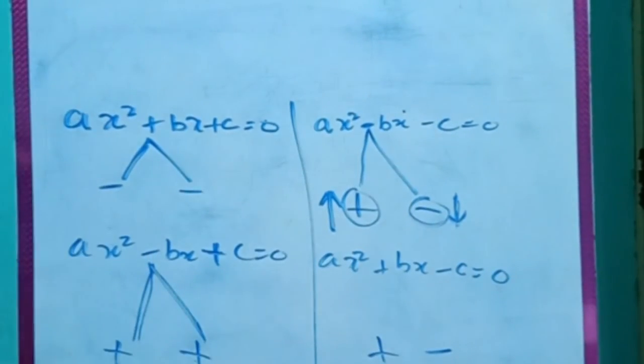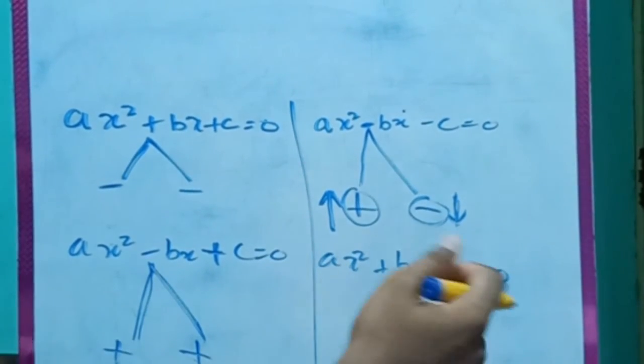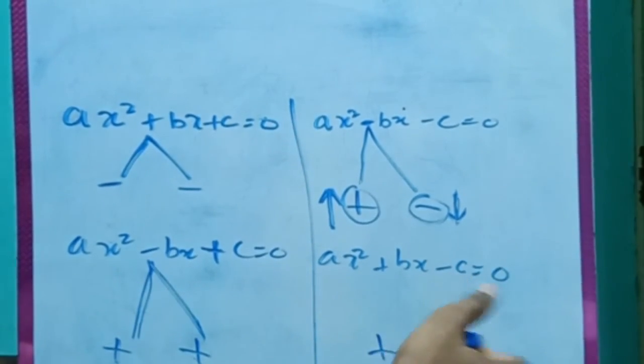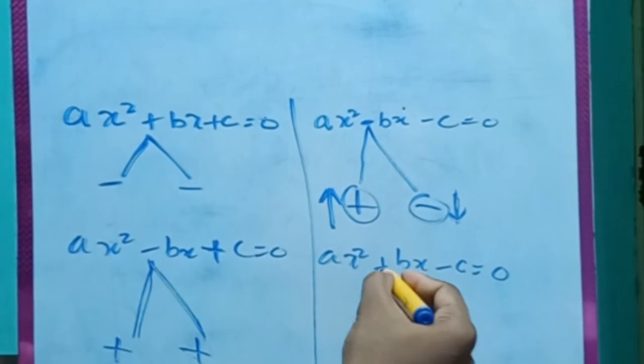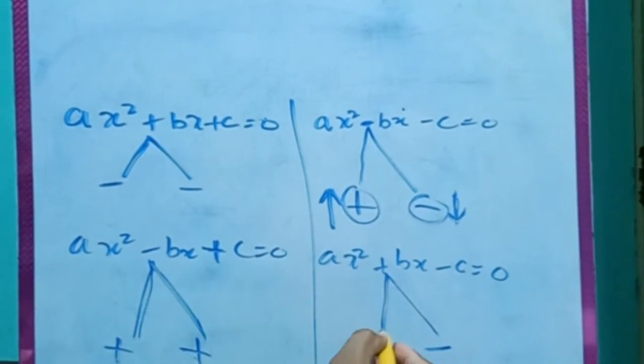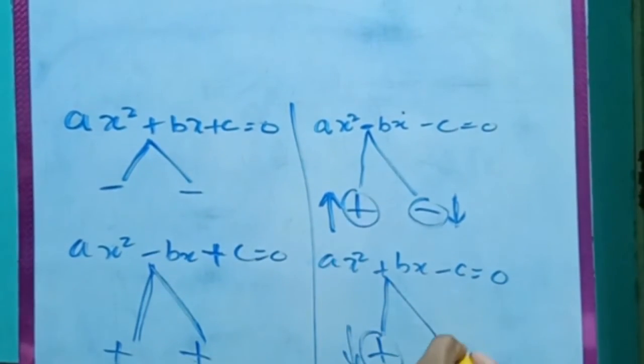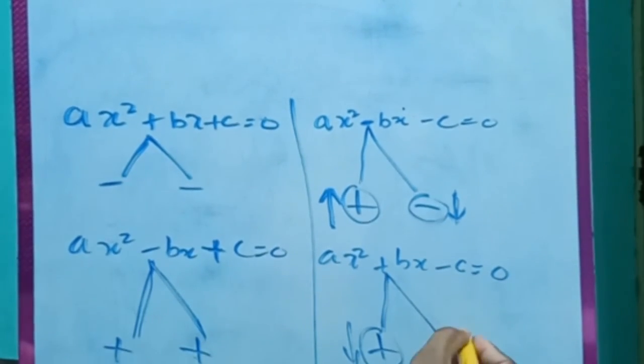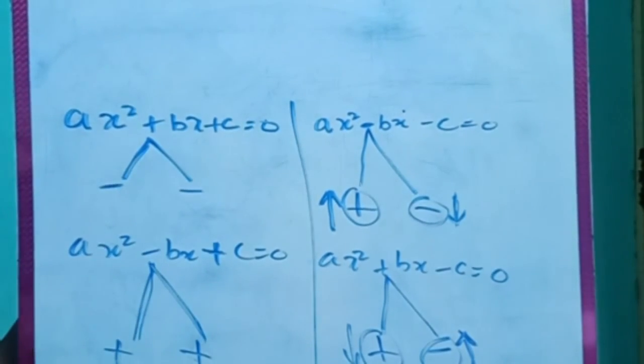Here in the quadratic equation you can understand better, so don't worry about it, I will teach you in the next class, but sign convention is important, learn it. So next equation, what is there? Same, minus is in front of c, definitely the opposite, and the roots will be of opposite sign. Here we have plus, right? If there is a plus, the positive root value should be lower and the negative root value should be higher, guys. Sign convention, again and again I'm saying, because if you make one mistake, the whole equation will be spoiled, guys. So please make sure you understand this. Rewind my videos, watch again and again, definitely you will understand it.